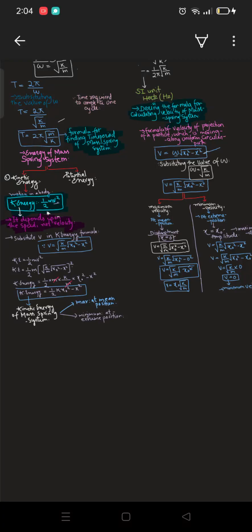Okay, so in the last video we discussed the kinetic energy of the mass spring system. In today's video we are going to derive the formula for finding the potential energy of the mass spring system, right? So we are going to start with the average force, right? Now we know how we can find the average of anything, right? We need to add those two things together, and we need to divide that by the total number of them,